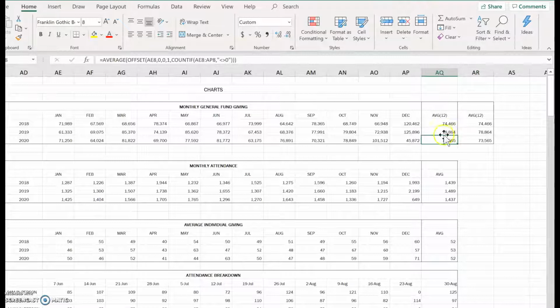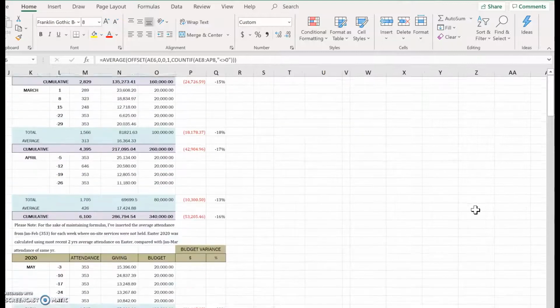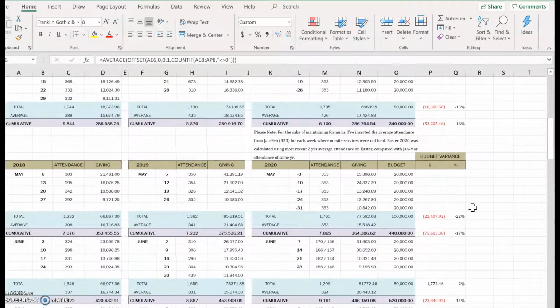This is better because it's comparing apples to apples. What's happening is this is averaging just the months where there's no zeros, and it compares it to just those exact same months from previous years. So in, of course, the 12th month, these will be exactly the same, but they're not exactly the same in any other month. So if we come over here